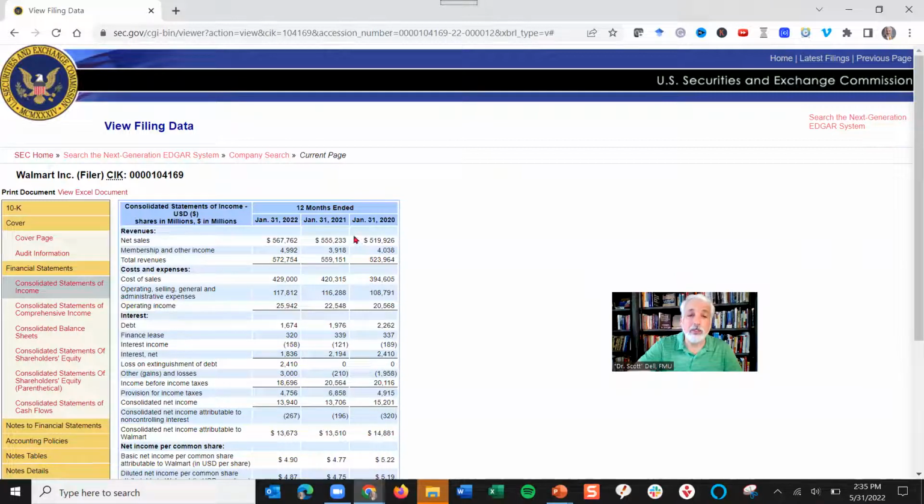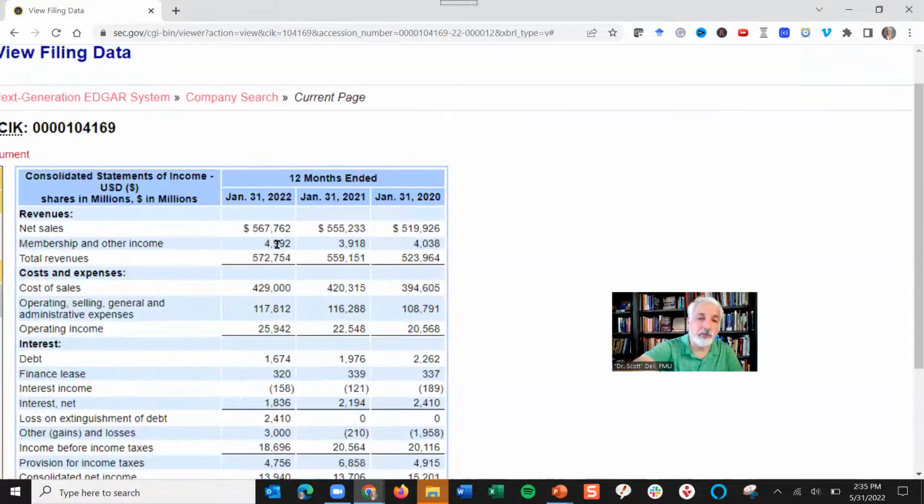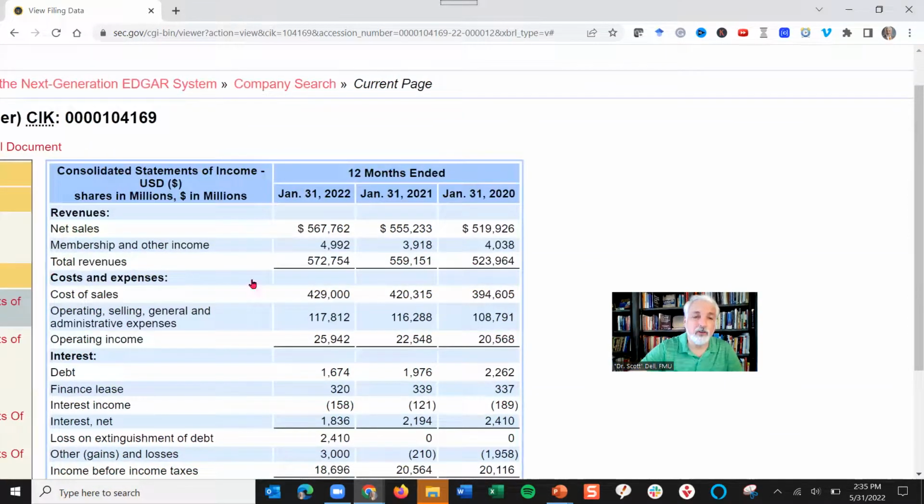The income statement shows 3 years of data. So let's expand that a little bit. I've got net sales, and I'm looking at that. It says $567,000 in sales. And you're going to say, Dr. Scott, this is Walmart. I know they have more than $500,000 of sales. There's some houses going for more than $500,000 in town. So I'm looking at that saying, oh, it's in millions. So I have to add 6 zeros. So 567-762-000-000,